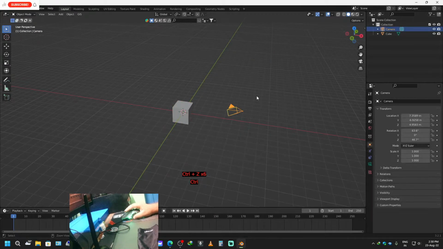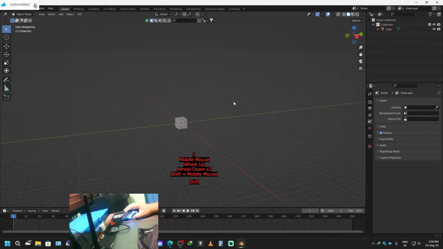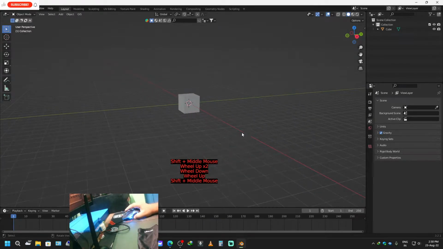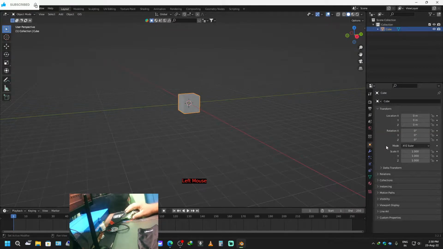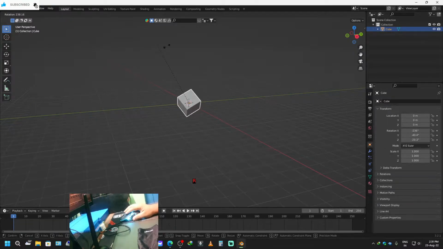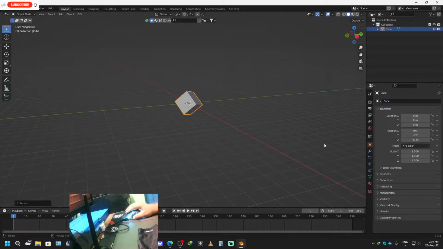Now I'll delete this one. Now I'm gonna show you something else. Okay, so this is how you add a keyframe. Now I'm gonna show you how to add a rotation. Now you just move this one, and this is the rotation you did. Did you see that, the rotation? Now I'm gonna add the rotation,